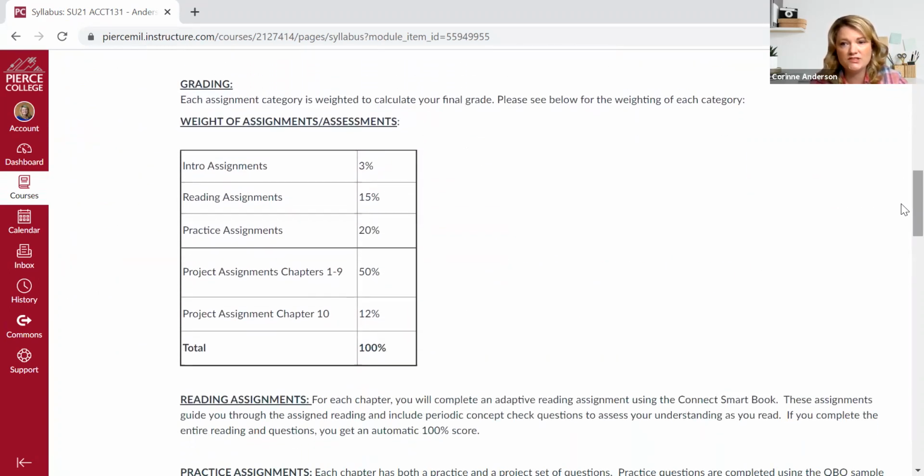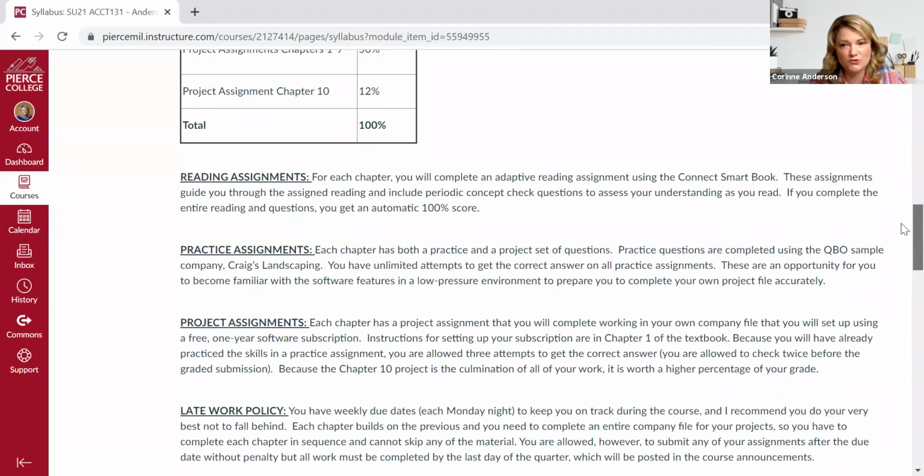We have different types of assignments, introduction assignments from the course orientation module. Every module will include a reading assignment from your textbook, a practice assignment using the Sample Company, and a project assignment using your own company file that you're going to create using your free subscription to the software. And those are weighted according to this schedule here with some descriptions for each assignment type down below that you